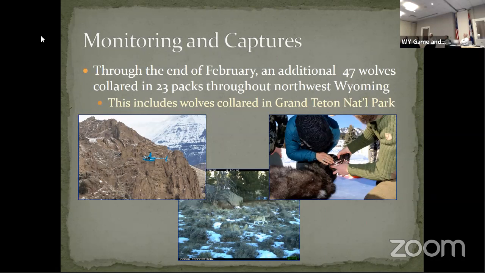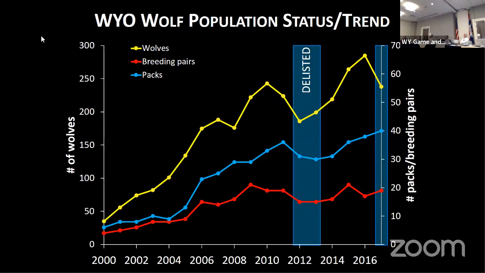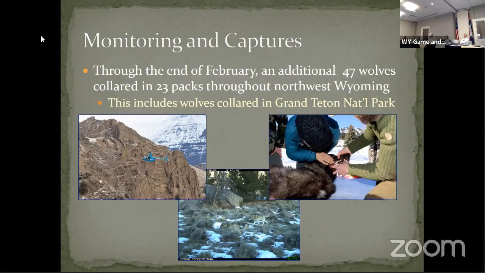This winter, we've got an additional 47 wolves collared in 23 packs throughout the state. With that 47, we got a few more going out. I don't know off the top of my head. We try to keep at least one in every pack. We've got additional wolves in packs now because of Arthur's 2 research projects. And so it's more on the packs that we look at. So we've got 23 packs collared. Some of those have multiple within those packs. So I think we're at 57, 58.